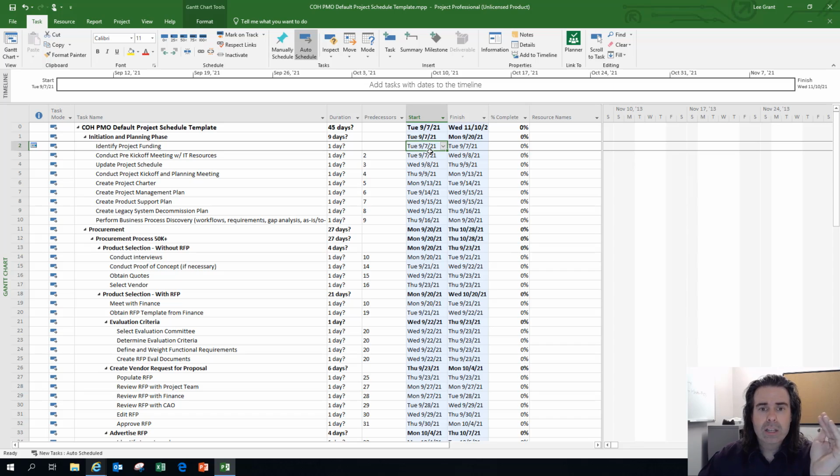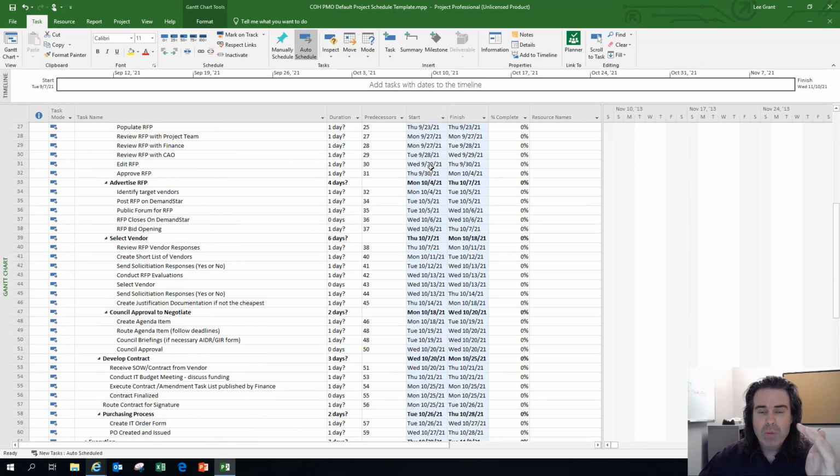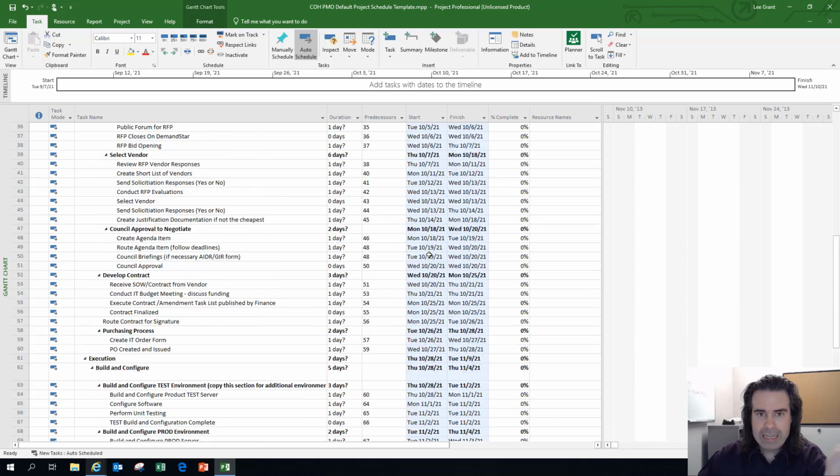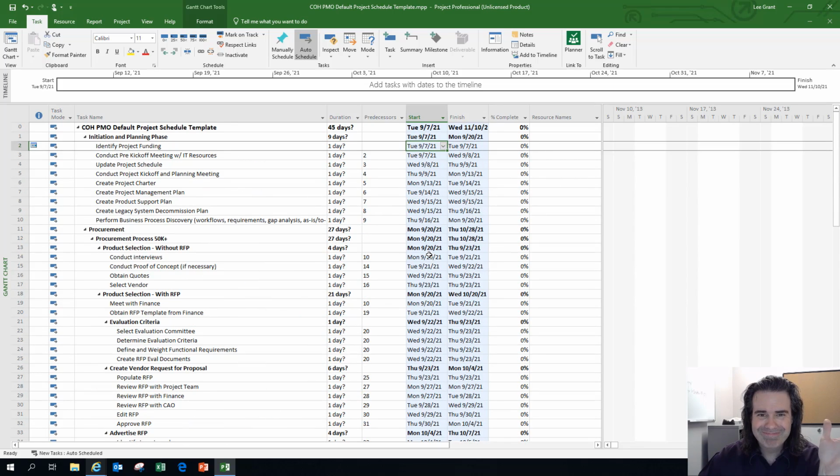In any case, you can see I made the change. It moves the start date out a few days, and that change was reflected. Every task got moved out by a few days, all the way to the end. Isn't that awesome? So, having done that, as you follow your instructions, the next thing you're going to want to